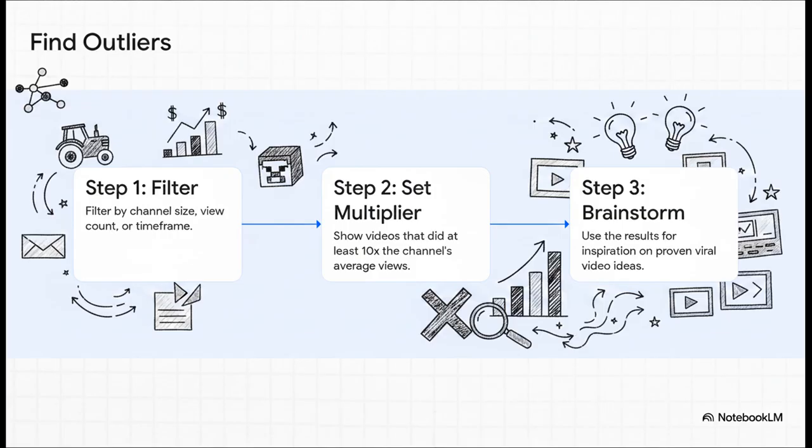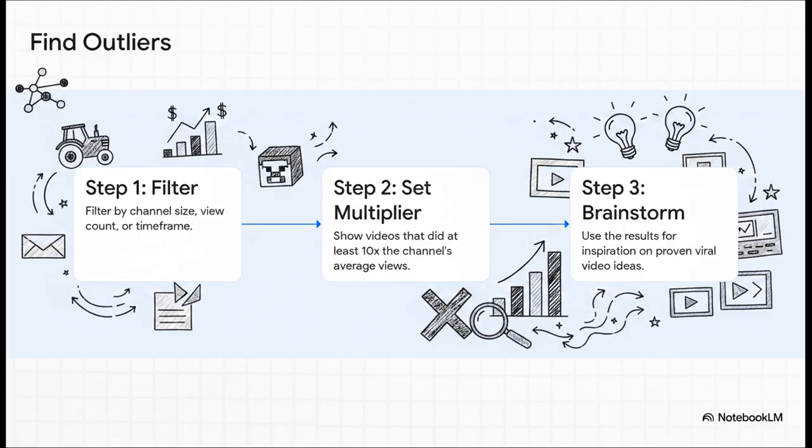Well, with the right tools, it's actually a super simple three-step process. First, you filter by your niche. Whether you're into farming, finance, or Minecraft, it doesn't matter. Second, you set what's called a performance multiplier. You can literally tell the tool, hey, show me videos that did at least 10 times their channel's average views. And boom, just like that, you get a whole list of proven viral concepts,